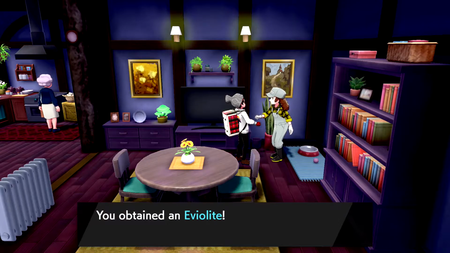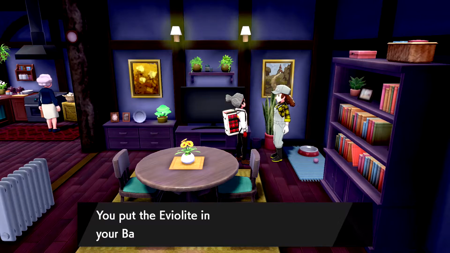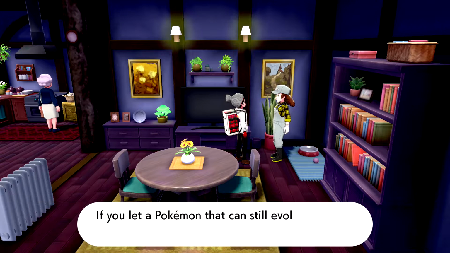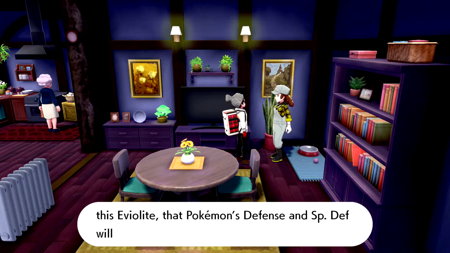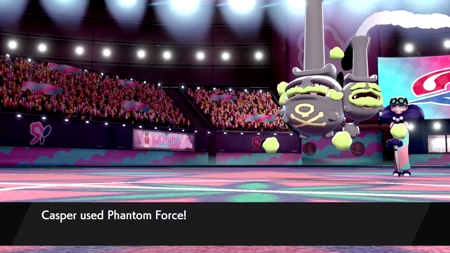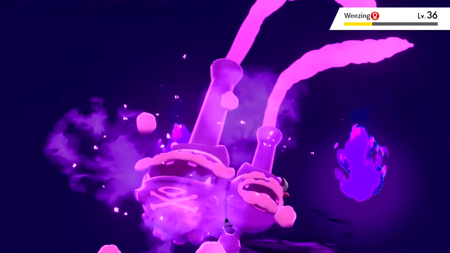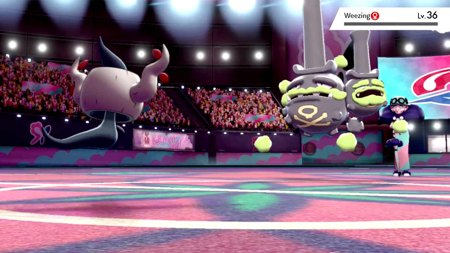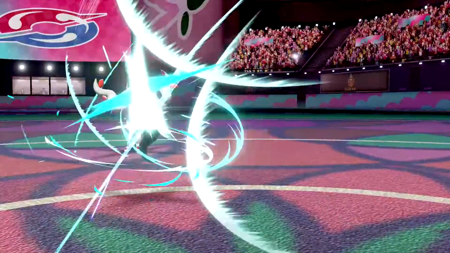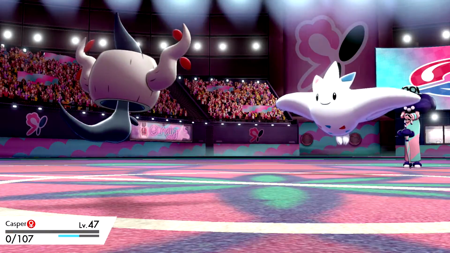At this point, I decided I should probably go get the Eviolite, which, if you don't know, increases defense and special defense as long as the Pokemon holding it isn't fully evolved yet. I replaced Phantump's Miracle Seed with it and hoped it would allow us to secure victory, and it definitely helped as Phantump was able to take out Weezing and Mawile while taking less damage than before. Togekiss took it out on the very next turn as Phantump had still taken a decent amount of damage from